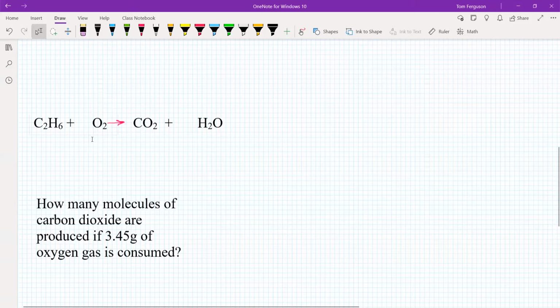Now, again, I mentioned excess oxygen gas. When I say excess, that means the other thing is what's driving the reaction. As soon as I say excess,